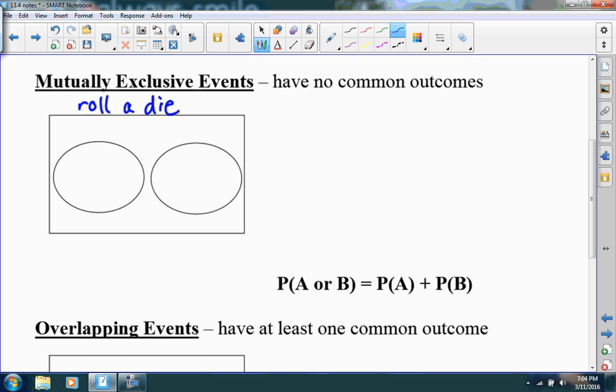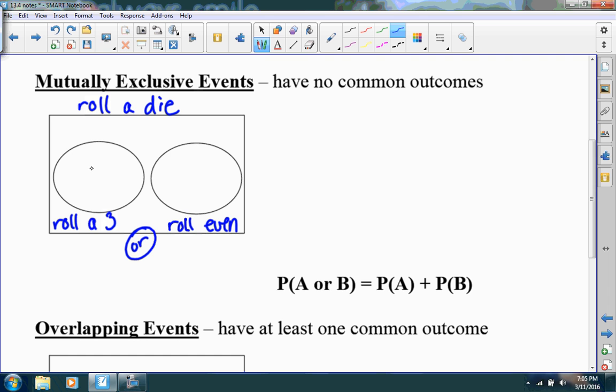And let's say that you want to roll a 3, or you want to roll an even number. I'm going to put the word or here because that's our vocabulary word that links the two of these events. Now on the die, there are numbers 1 through 6 because it's a standard die. And so if you want to roll a 3,